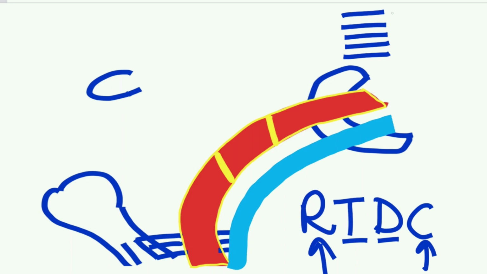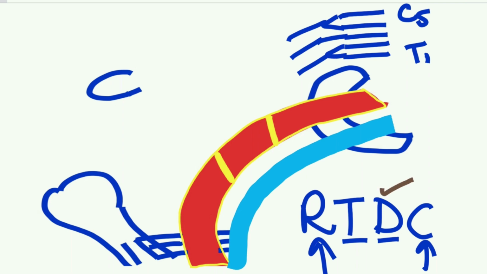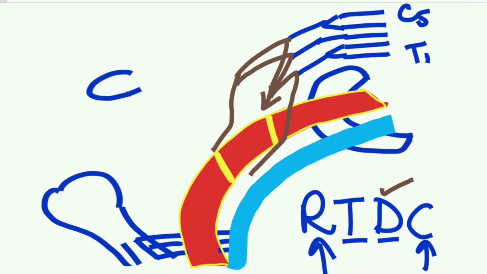From these roots of the brachial plexus, that is C5 to T1, 5 roots, we get 3 trunks: upper, middle and lower trunk. After the trunks we get the divisions. There are 6 divisions from the 3 trunks because each trunk divides into 2 divisions, anterior and posterior. All posterior divisions unite to form the posterior cord of the brachial plexus. The anterior divisions of the upper and middle trunks unite to form the lateral cord, and the anterior division of the lower trunk continues as the medial cord.